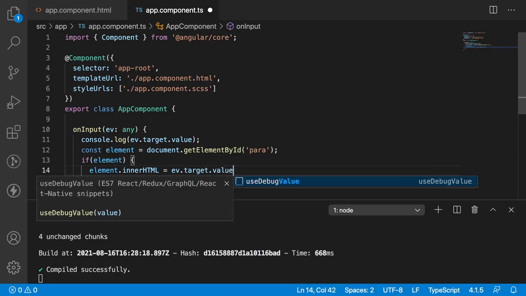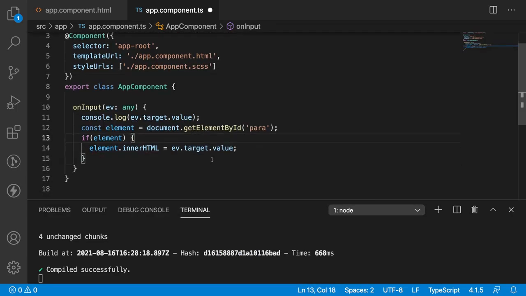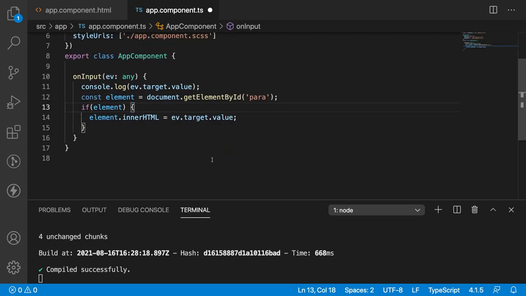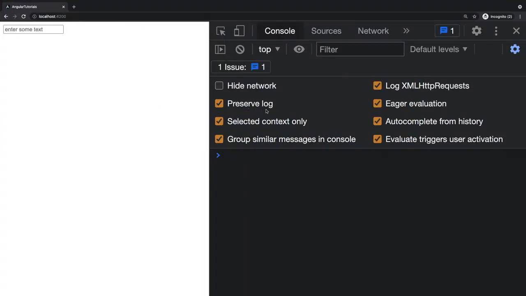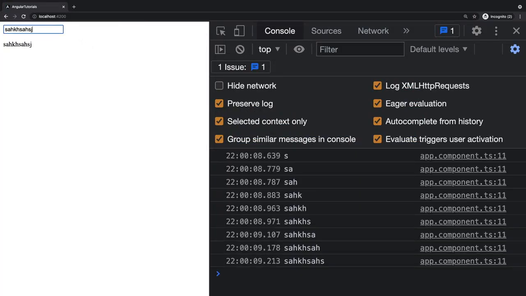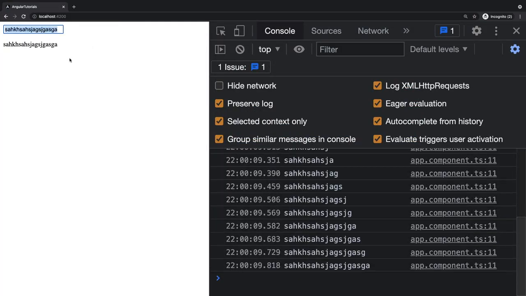So what we are doing here, I am checking whether the element exists or not. If the element exists, then I am assigning the value which was entered in my input field. Let me save this and go back to the application. And now you can see whatever I am typing in the input field, it is triggering in my paragraph.